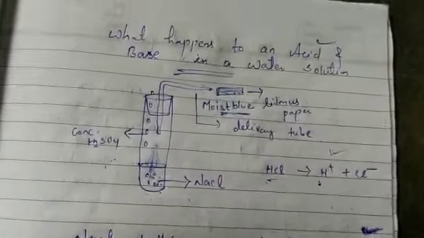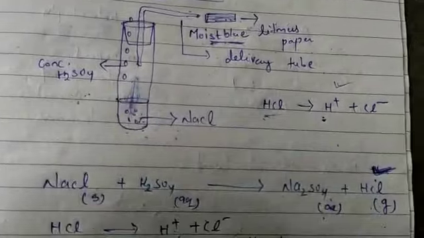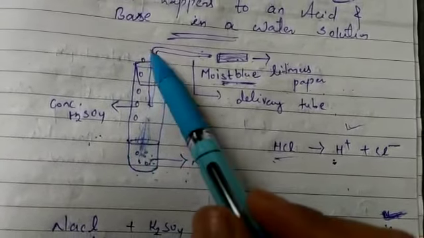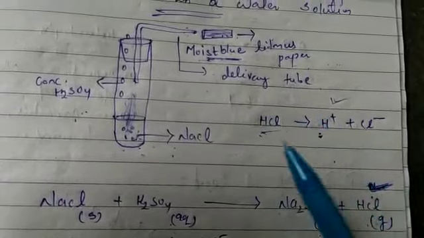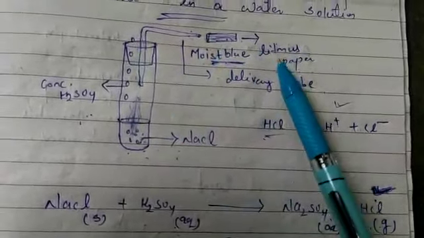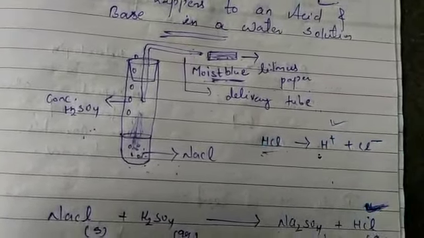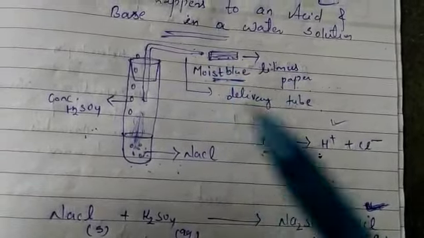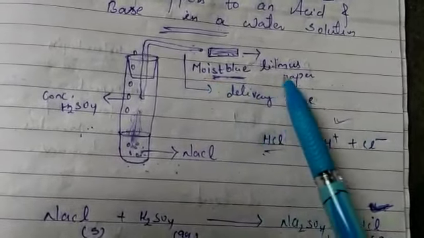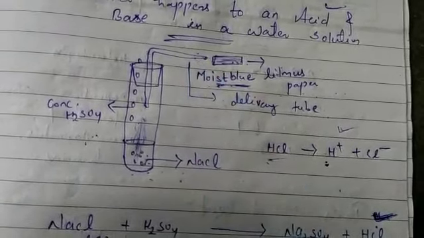So here you are clear that first of all, when we took NaCl and concentrated H2SO4, we got a gas which is collected in the delivery tube. To show whether it is acidic or not, we take a blue litmus paper. If it is acidic, it will change the blue litmus paper to red. Since it is a dry gas, it was not able to change blue litmus to red. So when we take moist blue litmus paper, moist means water molecules will come in contact with HCl gas